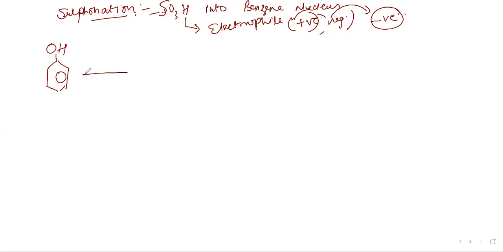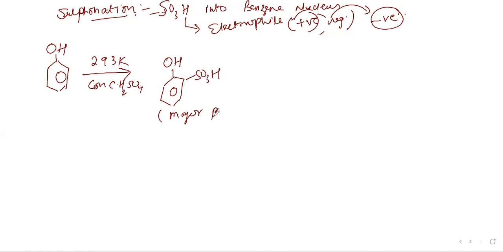We heat it at low temperature, say at 293 kelvins. When you heat it with concentrated sulfuric acid, you will get ortho product at low temperature, which is your major product in major quantity. Now, if you do the same reaction at 373 kelvins with concentrated sulfuric acid, what you will get is para product,